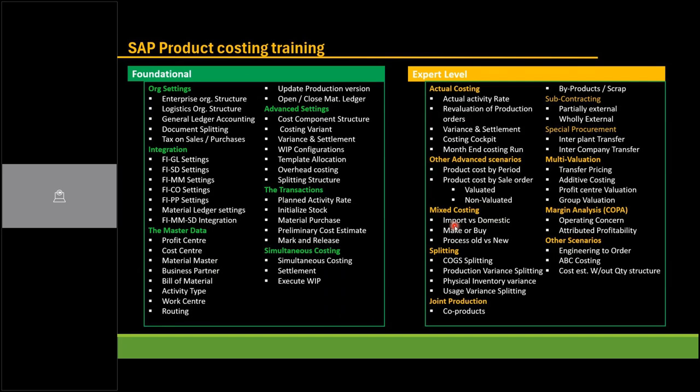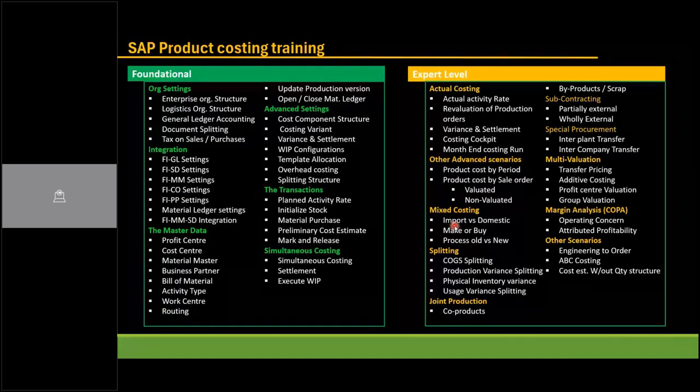For every product, we will normally have only one standard cost estimate. But with the help of mixed costing, for the same material, we can have two different standard cost estimates at valuation type level. Then you will know, if you use import raw material, what is the impact on finished good. If you use domestic raw material, what is the impact on finished good. When I say impact, I mean the cost of production of the finished good. Similarly, make or buy, for semi finished goods for example: do you want to make it in house?